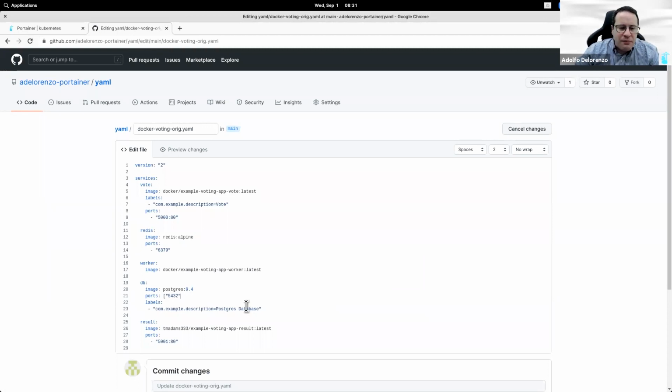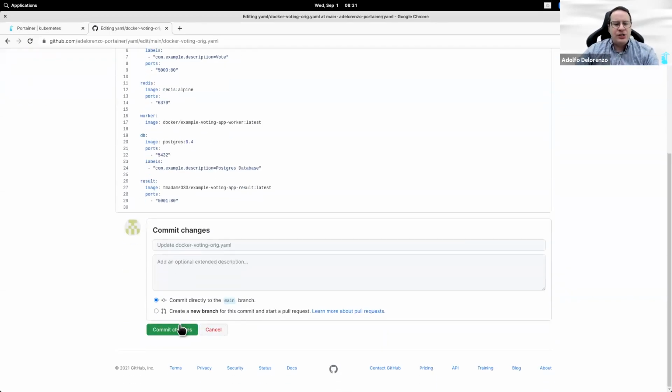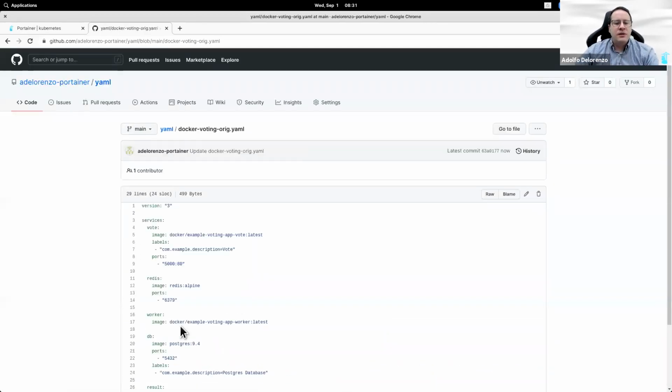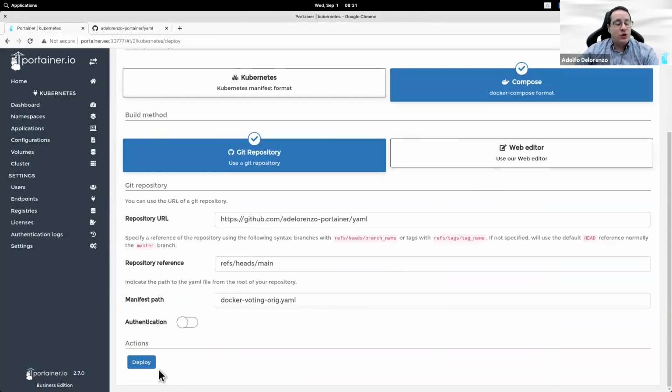So first of all, I know that for the version of Docker Compose file I want to use, which is 3 and not 2, ports should be like this. So I tweaked the file slightly. I think I fixed everything that I had to fix, and I selected version 3, which is the one I want to use for this advanced deployment. I'm going to commit these changes. Changes have been committed, and all I have to do now is, drums rolling, fingers crossed, click on deploy,